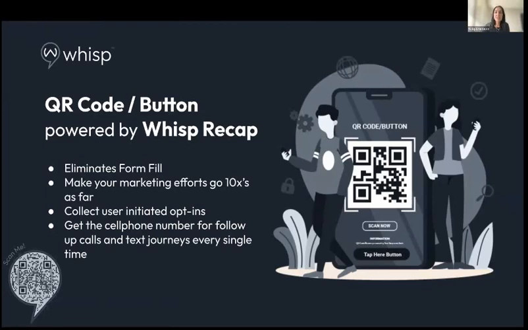So it eliminates the form fill. That's the other main difference, where any other QR code, you're going to end up on a landing page. You're going to have to fill in your name, your number, your email, all the things. With Whisp, you just have your text message pre-populated. It will say, press send to connect to Stephanie, press send to find out rate information, press send to get your single property website, whatever the case may be. They'll press send. With that motion, you get their cell phone number 100% of the time,